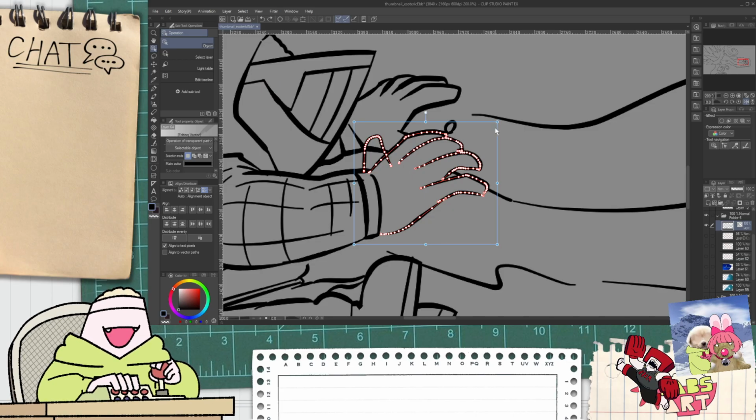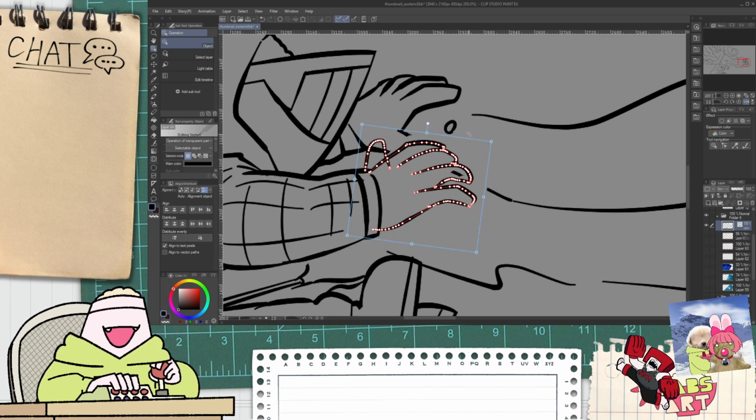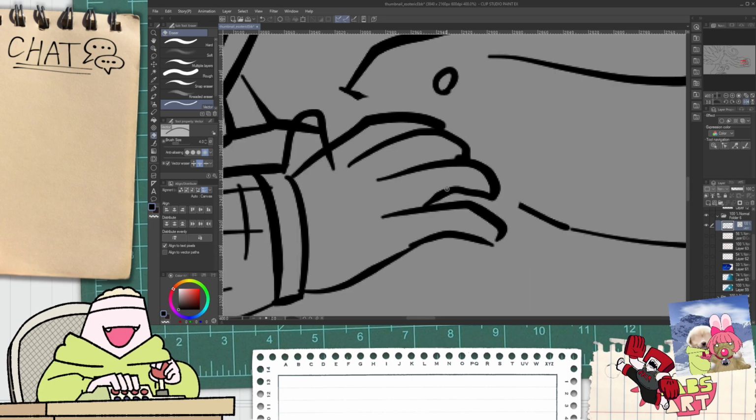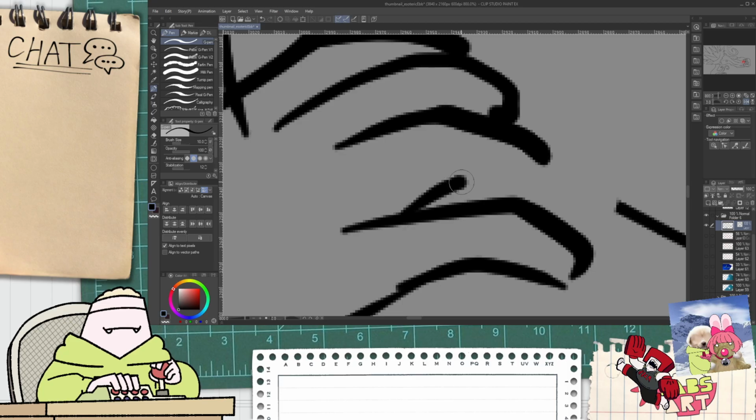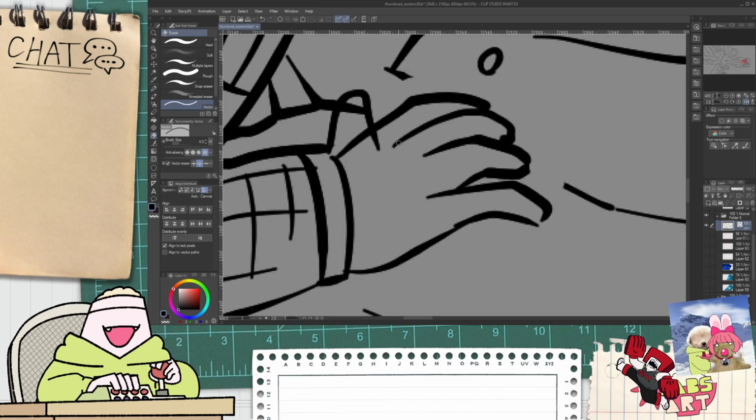Not in terms of just saying, okay, I'm trying to visualize this, so I'm going to need to try and do this, maybe. But also just, yeah, this hand is probably fine. This hand looks reasonably accurate.